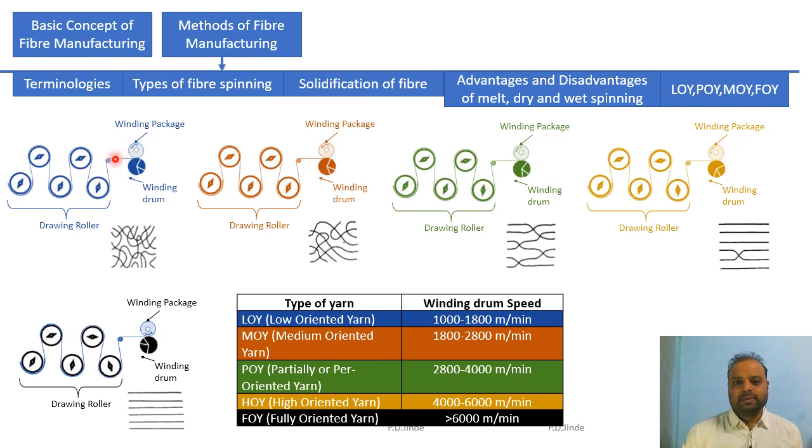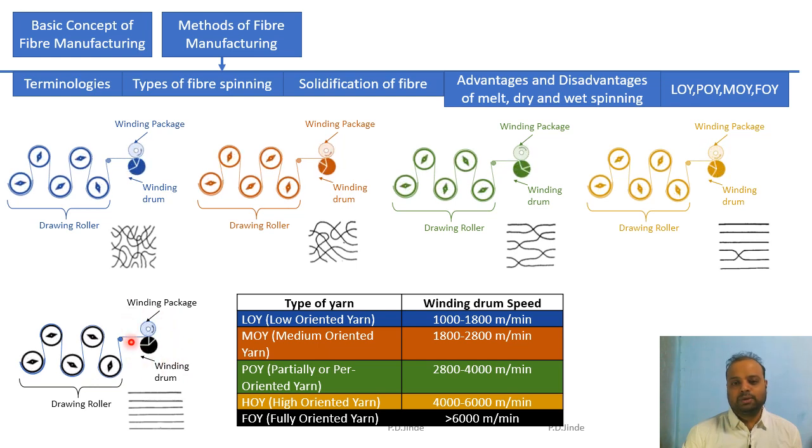LOY winding rate is very small. MOY winding rate is relatively higher. Then POY winding rate is comparatively much higher. And then the high oriented yarn has a winding speed of about 4000 to 6000 meters per minute. But in our case, FOY, fully oriented yarn, the speed of the winding drum is greater than